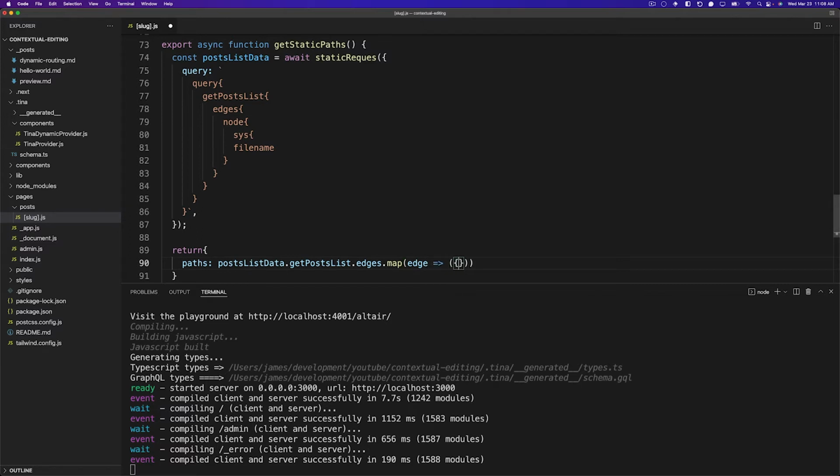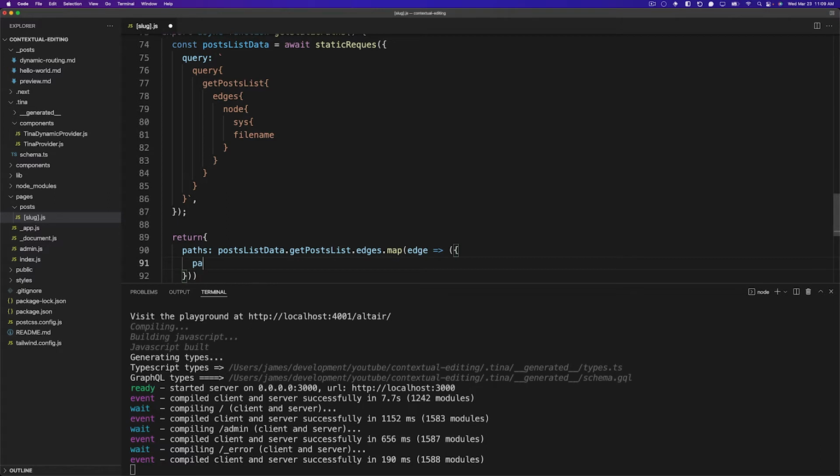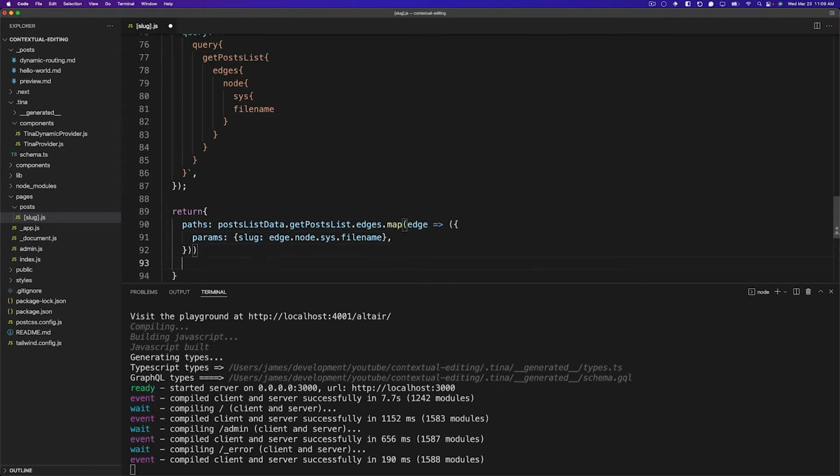And then inside of here is where we're going to set params, and we're going to set it to a slug. And we're going to do edge.node.sys.filename, which matches the object, right? So we're inside of, this is an object. Then we want the node sys file name, which will be the file name based upon this query. We can put a comma here, and then we'll just put fallback